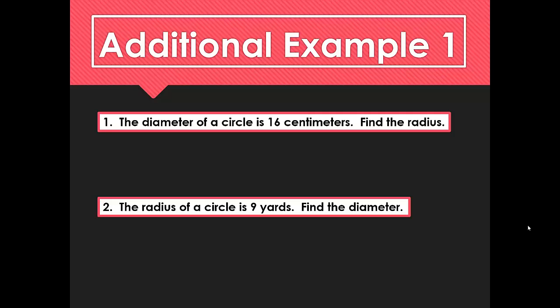Now we have an additional example. You can pause the video and try it on your own, or you may follow along. The diameter of a circle is 16 centimeters. Find the radius. If we want to find the radius, we have the radius is equal to the diameter divided by 2. The diameter is 16 centimeters. So our radius is going to be equal to 16 divided by 2, and 16 divided by 2 is 8. So the radius is 8